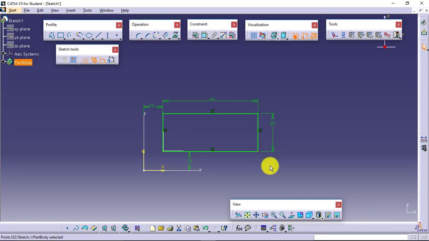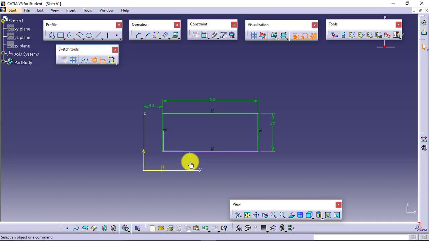Now I have each and every information about this particular sketch. Also, this green color of the sketch is actually indicating that your sketch is fully constrained. This is just a simple sketch which we had applied the constraint and we made it fully constrained. Now, how exactly we can apply more constraints? I had selected some of the elements and I am able to get the dimensional constraint. I had applied it. That's it.